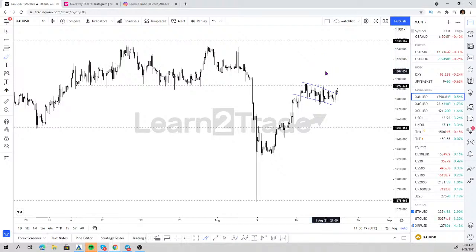But right now, if you look at gold, it kind of has broken with this flag, but to me, the validation level would be only if we break with the highs, right? If we break with the 1796 level or so, in this case, I would be trading a breakout, a bullish momentum breakout, right? But my stops are just below these lows, below the flag lows. So I'm pretty fine with that risk, right? So let's have a look at.